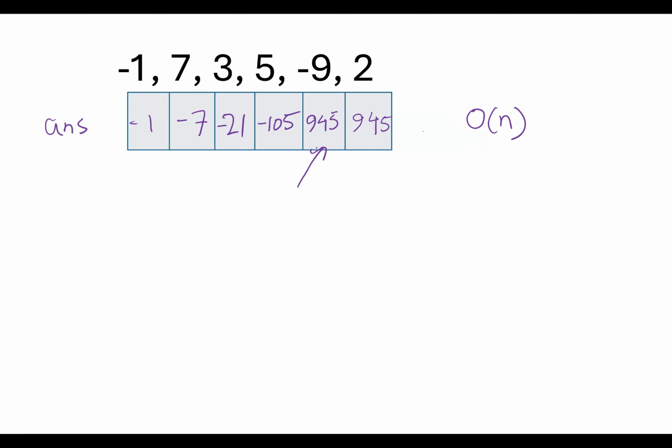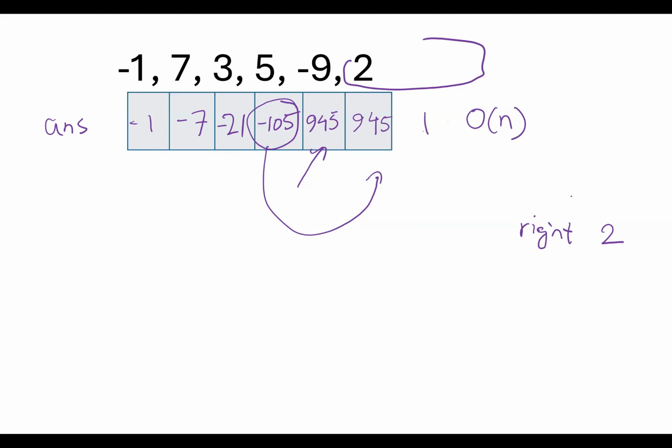Now next value, we want to replace this. This one would be this into whatever is in the right. That means whatever is here. So let's keep track of the right thing. As we can see, the right was initially 1, so it's 1 into 2. Right is 2, okay, so 105 into right is 2. So this is right, this is 2. Right multiplication, so it's going to be